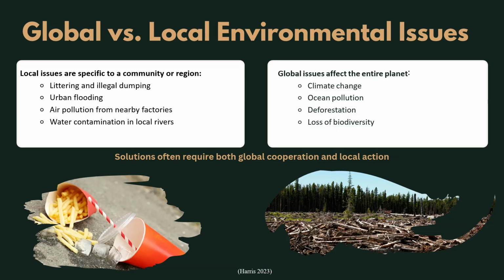These issues are not always straightforward. Sometimes a country may appear to be reducing its emissions based on local data, but that doesn't tell the whole story. In some cases, emissions are simply being produced somewhere else. This is known as carbon leakage or exported emissions. For example, when a community imports manufactured goods from another country, the carbon emissions from producing and transporting those goods happen outside the local area. However, those emissions still exist because of local consumption.